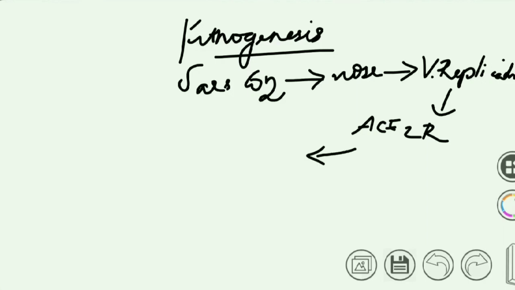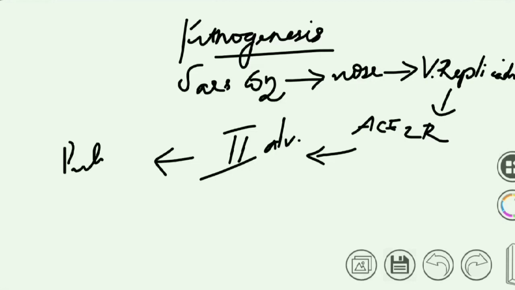The main cell targeted in the lungs is the type 2 alveolar cell, or type 2 pneumocyte. So there will be damage to type 2 pneumocytes. Their normal function is to secrete surfactant and maintain your gaseous exchange. So type 2 pneumocytes are affected, which leads to pulmonary damage,